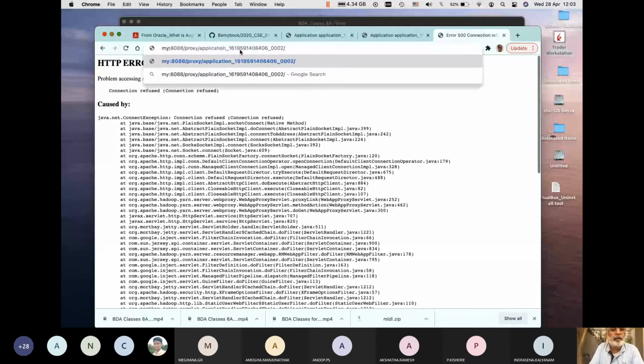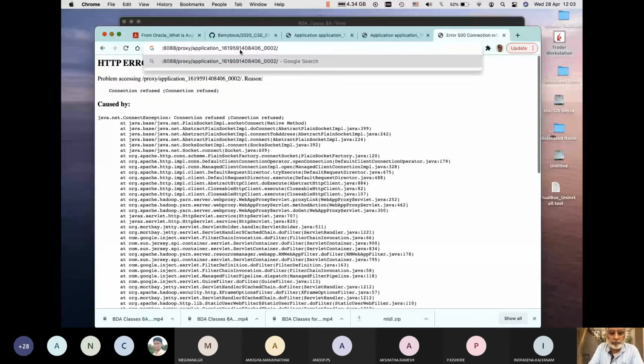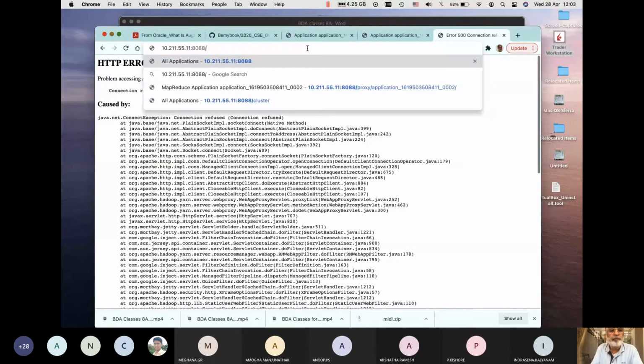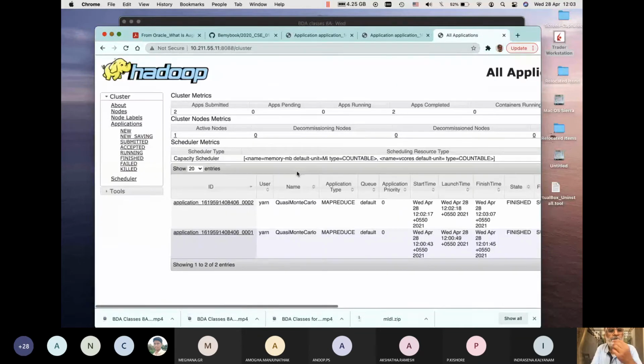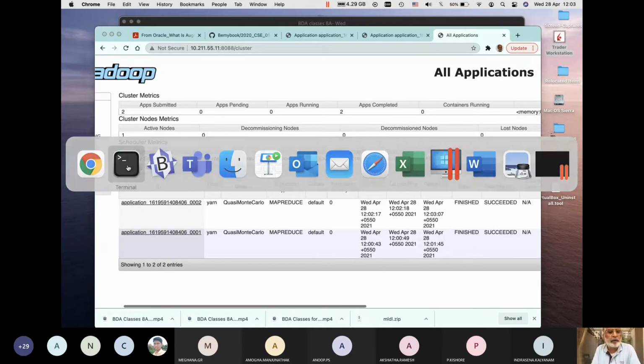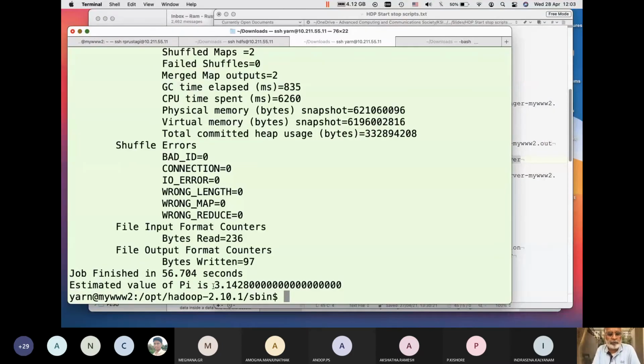Let's see. Maybe I'm not able to. Let me just show the cluster here. It shows with the cluster. This job succeeded. The job is over, so we'll not see the status. Let us look at the command. See, I got the value 3.1428.